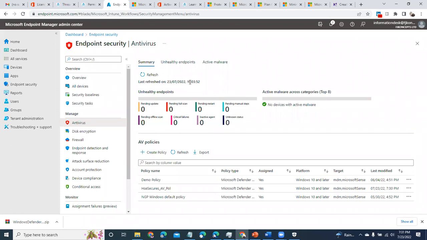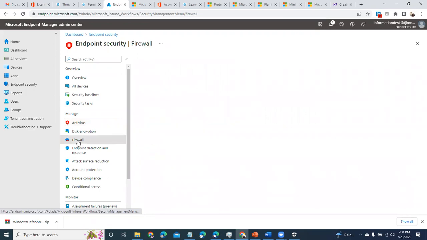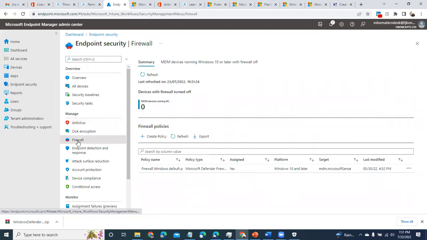Okay. All right. And so we move on to attack surface reduction, which is a totally different class. Yeah, and then let's look at the firewall too. So I've been in organizations where they say, turn off the firewall, turn off the firewall. So the good thing with Microsoft Defender for Endpoint is that you can use this to manage your Windows firewall, right? Once a device has been onboarded, you can use this to manage the Windows firewall.